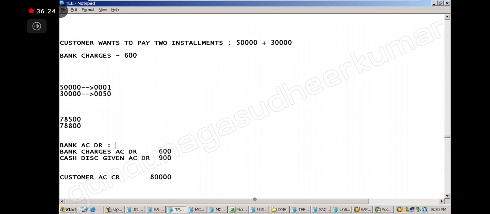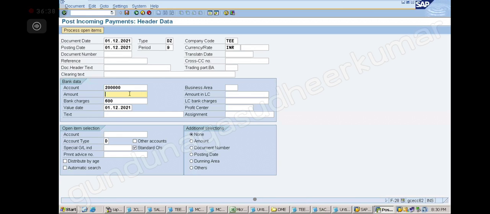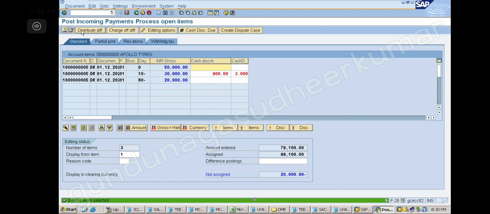Now tell me what is the amount here? 78,500. Is it tallying? Yes, sir. Okay, let's do that. So I am going here. How much do I have to give here? 78,500. Then give the customer number. Process open item. Okay, so it's not tallying, na? Why? You have to give